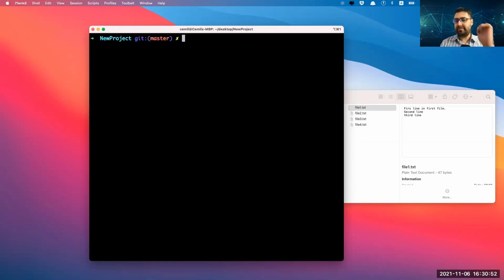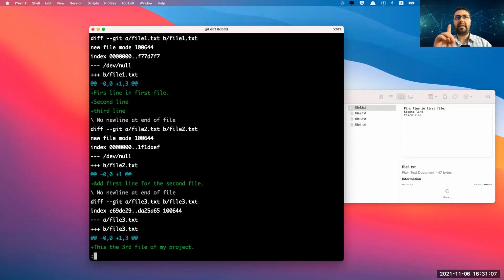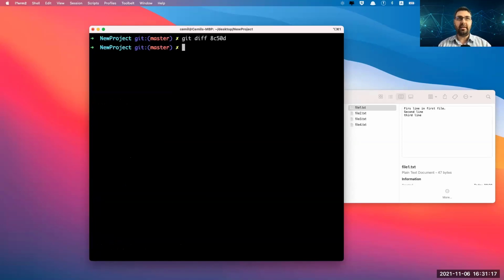And I believe, again, we can use git diff with, let's just copy one of the IDs. I believe we can see which files have been changed by using the git diff command. And I'm not sure if that works. Yes, it works. These are the files. We got a question from you. So these are the files that we changed in those commits. Let's do that again. Git diff is the command.